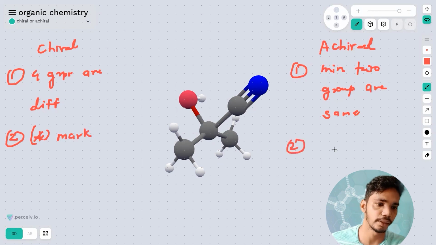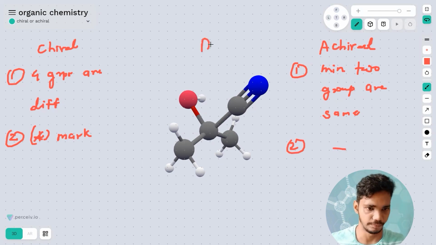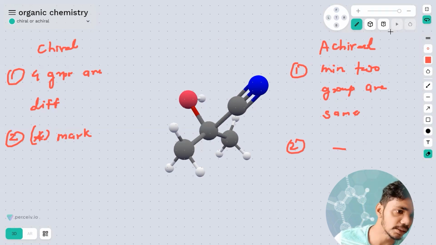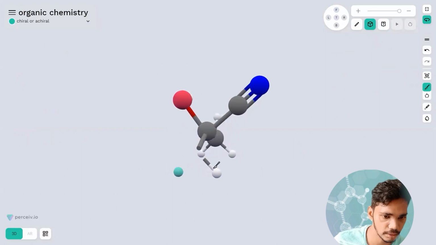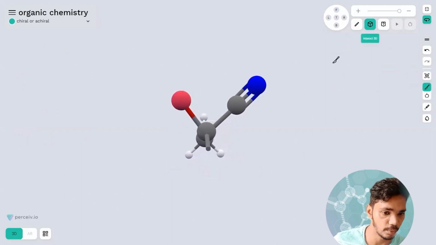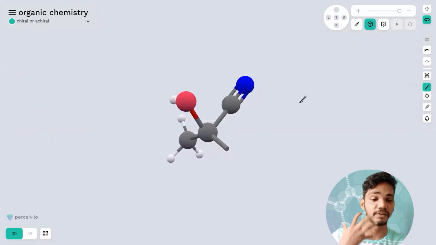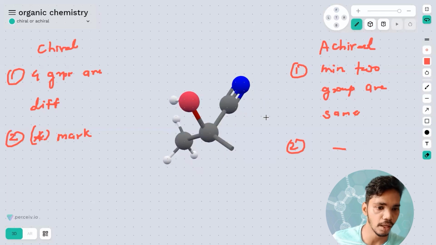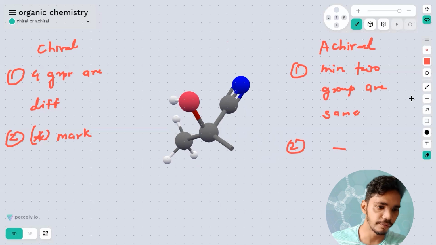The achiral one is not denoted at all. So this is chiral and achiral. This molecule is achiral because two atoms are the same. Now, if I make a change, suppose I erase this, just try to understand what I'm trying to do. Let it rotate. See, it's beautifully rotating, right? That gives an insight into the theory, and it is wonderful. So now, instead of this bond, if I draw over here